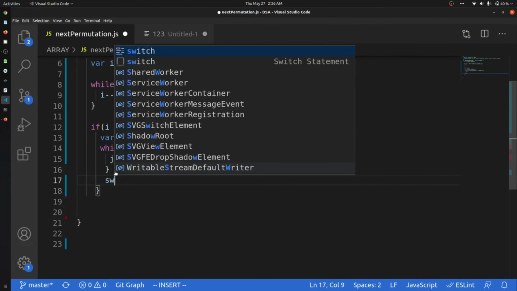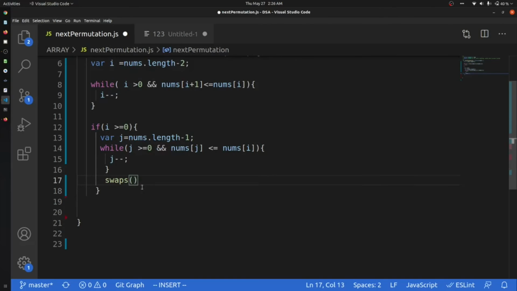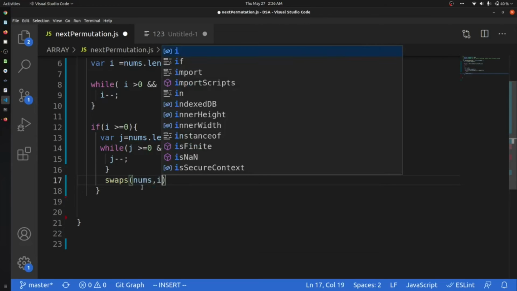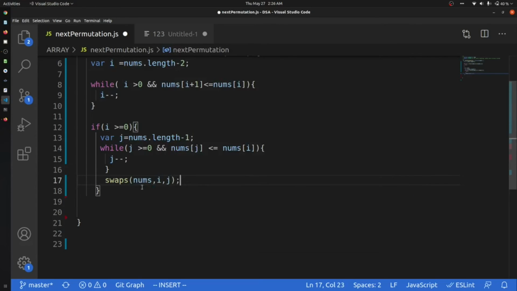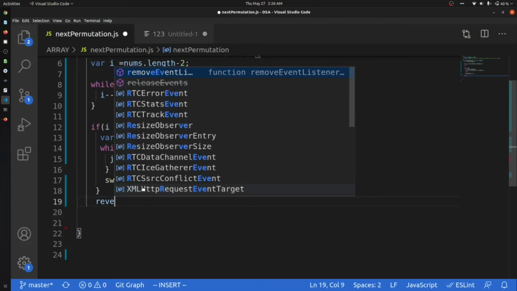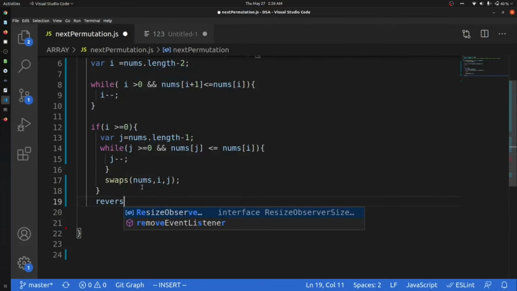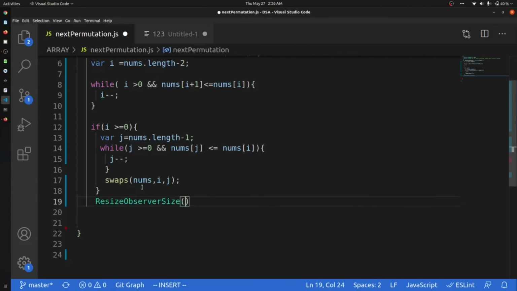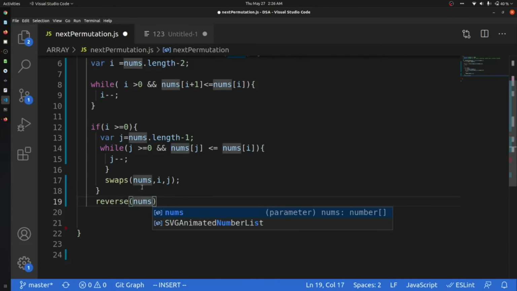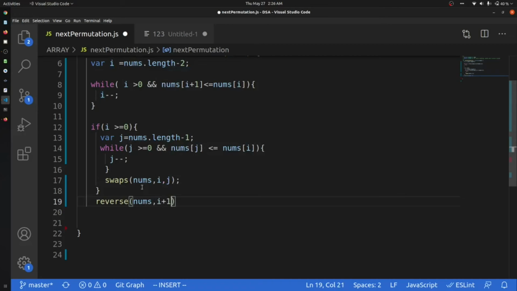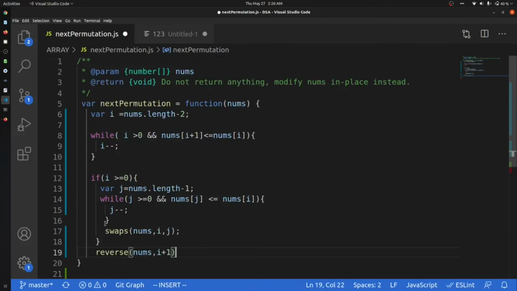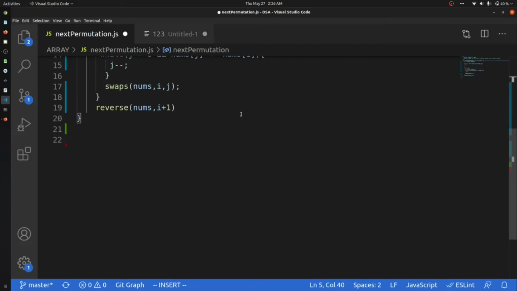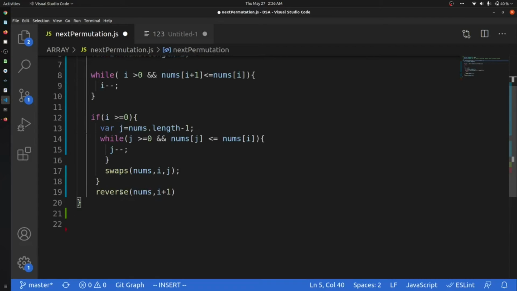We will swap the numbers at the i and j index places, and after that we will reverse the numbers from the index i plus 1.